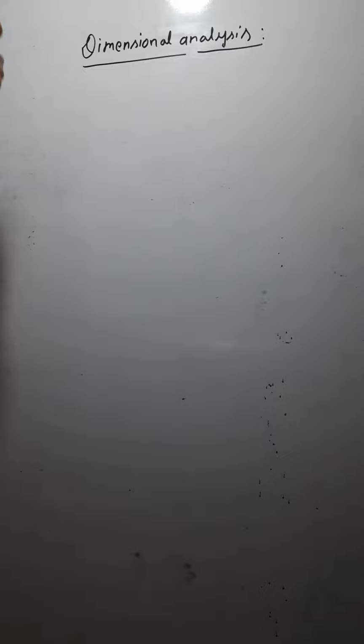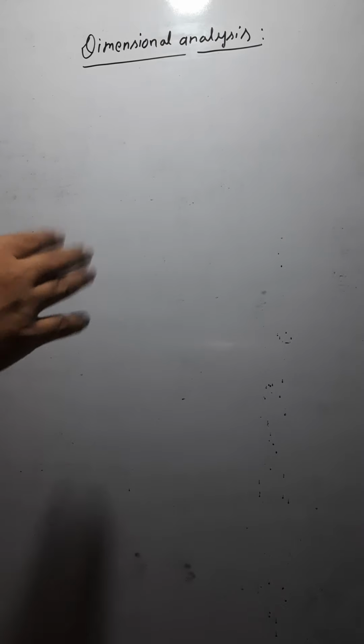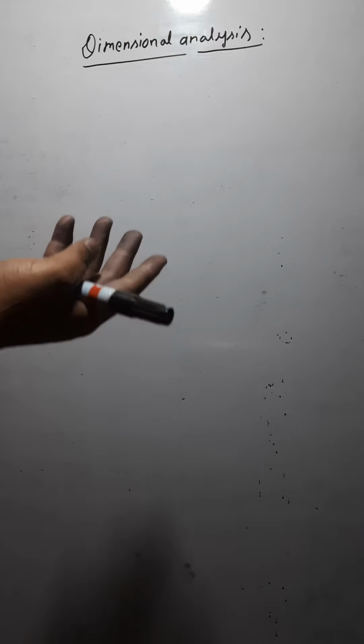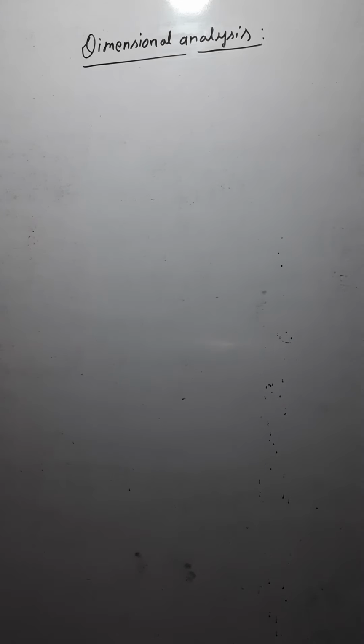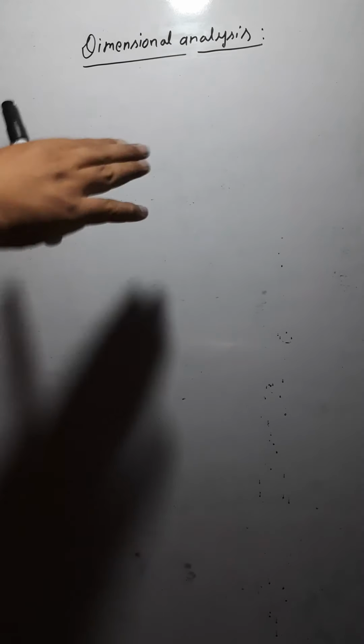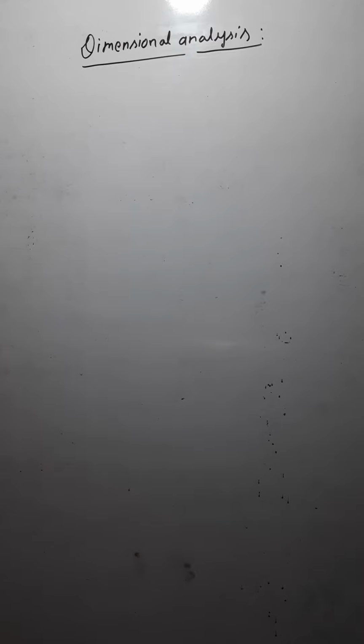Dimensional analysis is a method to convert units from one system to another, because often while calculating we have to know about the conversion also. There is a need for the conversion of units. The method we use to convert units from one system to another is known as dimensional analysis. The same method is also known as the factor label method, and it is also known as the unit factor method.